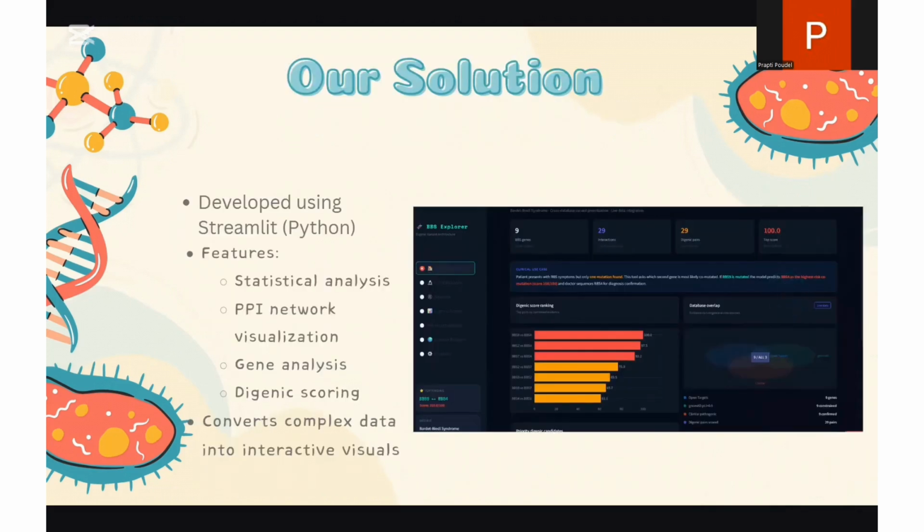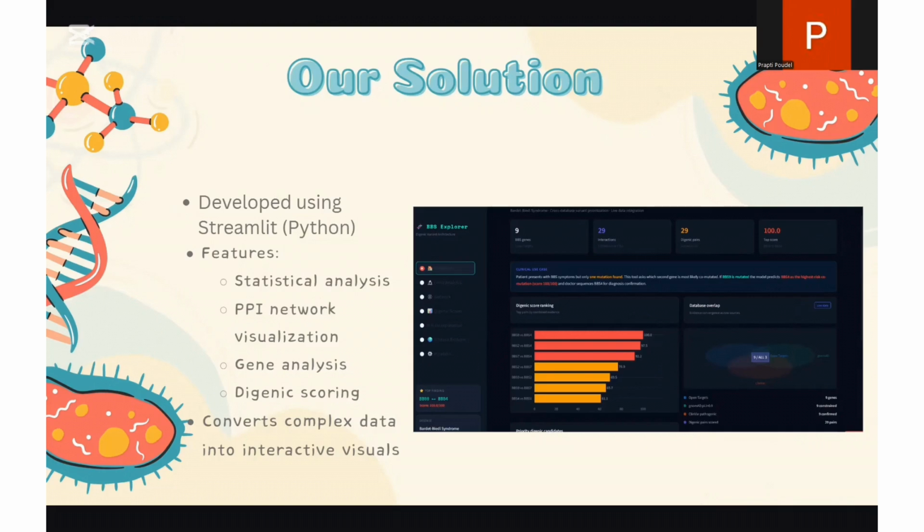So, the main solution that our project gives is that we built the Digenic Disease Architecture Explorer in Python using Streamlit. We input the disease name. It queries four live databases simultaneously: Open Targets for gene association, gnomAD v4 for constraint data, STRING for protein interaction, and Reactome for the pathways. It computes a population-adjusted digenic score for every interacting gene pair and outputs a ranked AI-interpreted report